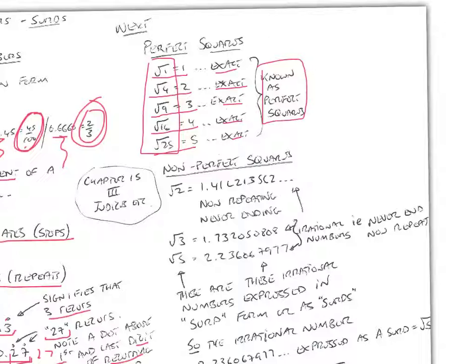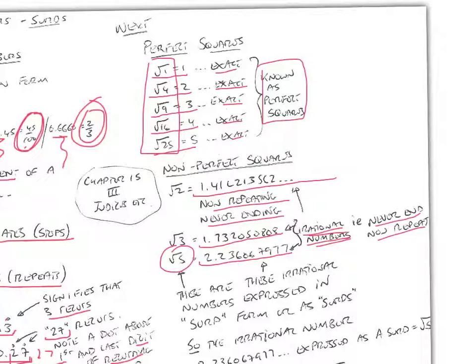Okay. Now let's talk about non-perfect squares. The square root of 2, it's non-repeating and it's never ending. The square root of 3 is the same. Square root of 5, non-repeating and never ending. These are known as irrational numbers. They never end and they're non-repeating. Okay, and